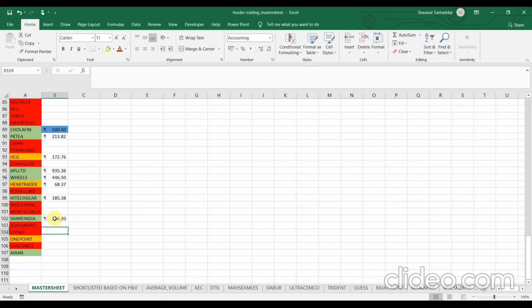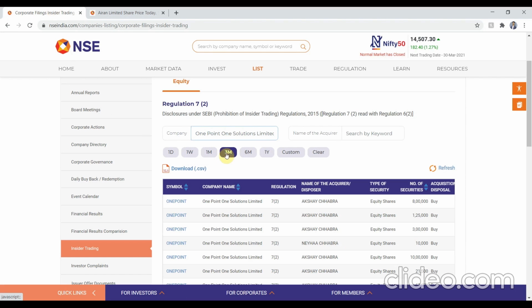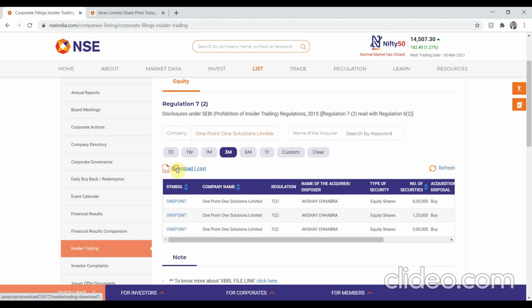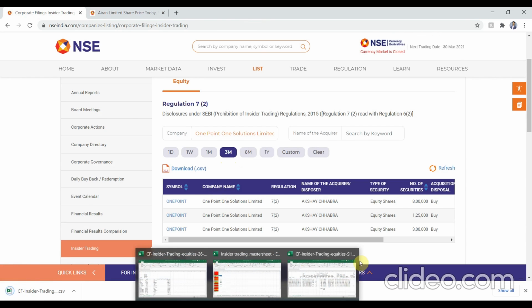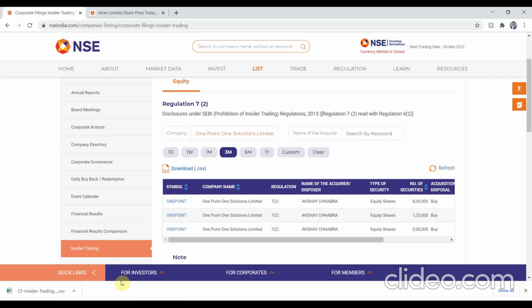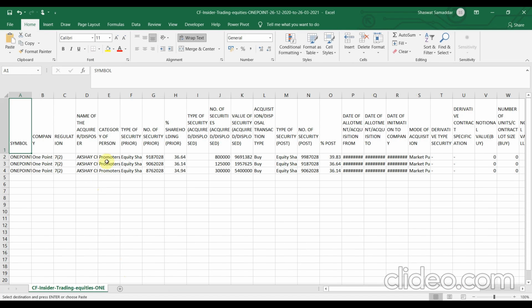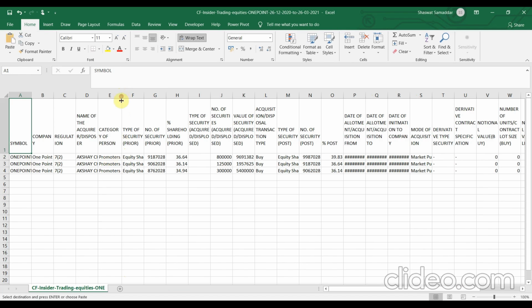Now, let's move on to the next stock. We have to repeat the same process. Click here, download the CSV file. Let me just close it. Open this file. Okay, so again, same process.